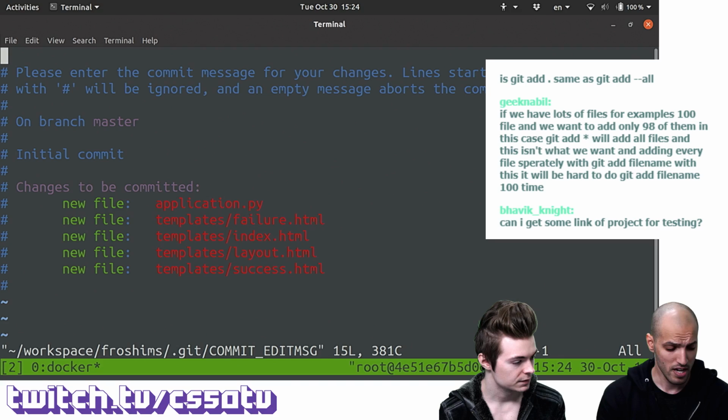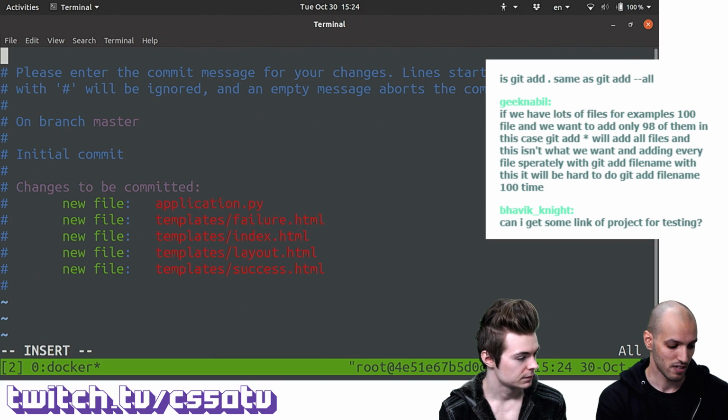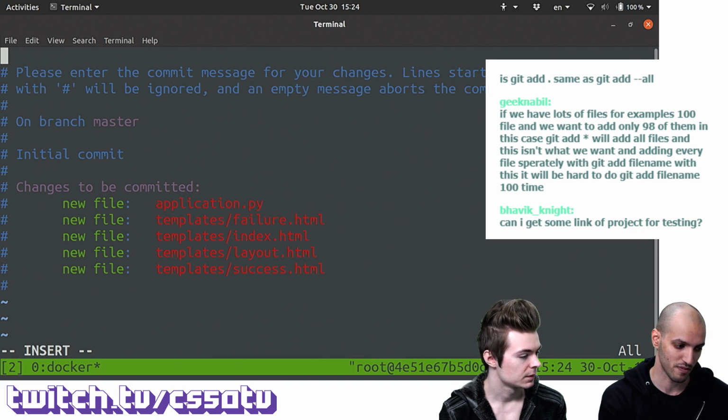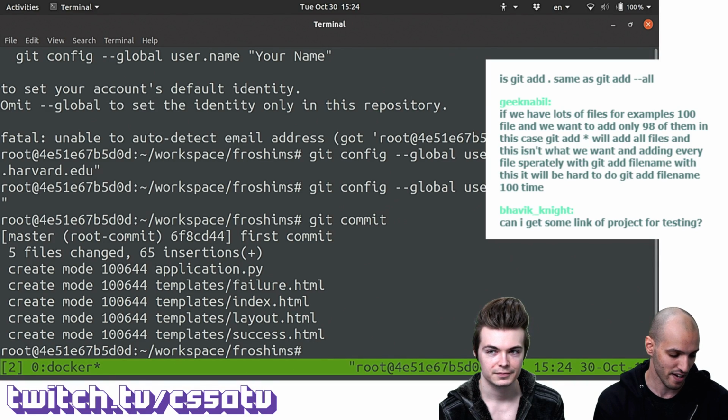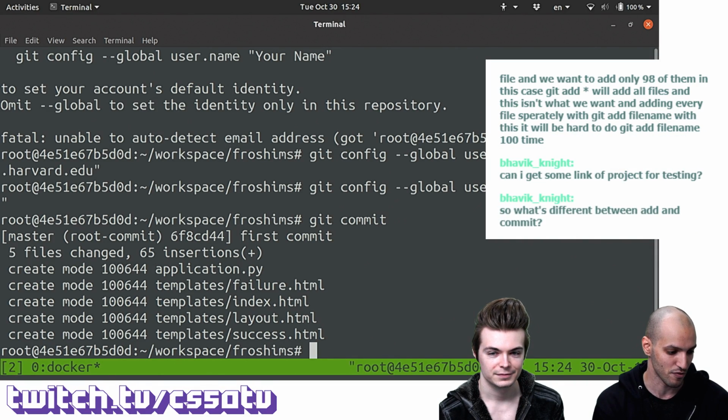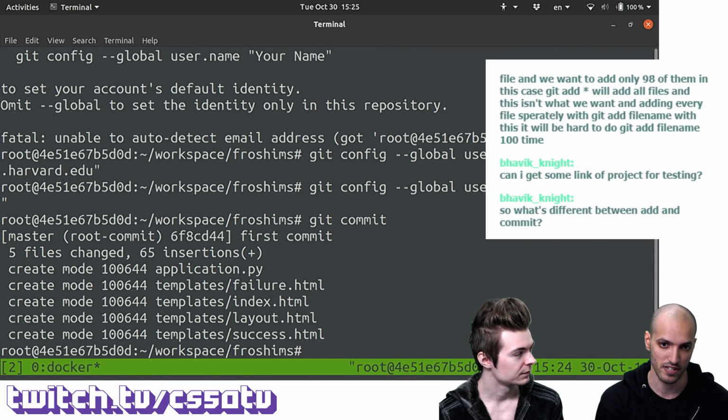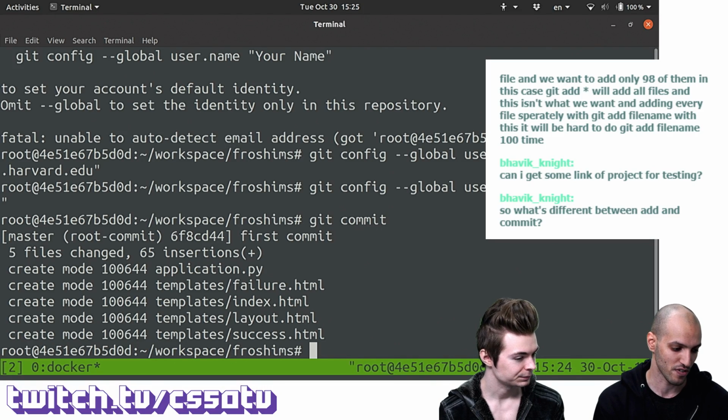Sure, that makes sense. In this case, you should ideally be more descriptive, but I'm just going to say, "This is my first commit," and save. This is how you save in Vim, if you're curious, and exit. Now it tells me that I added 5 files, and all this different information about the modes for the files. We don't really have to go into these details right now. This is permissions of the files and so on. But it seems to have worked.